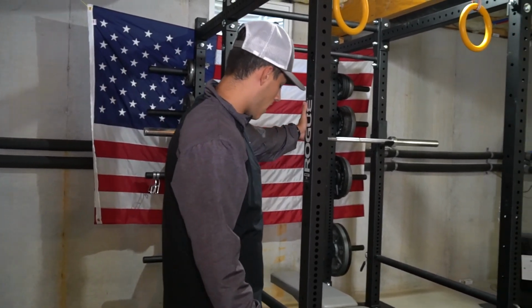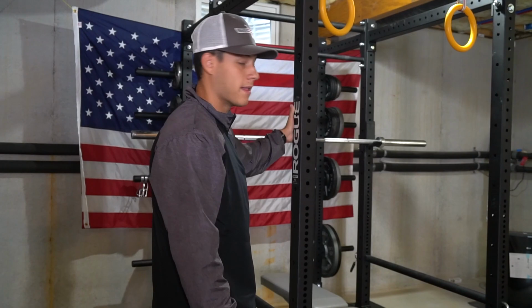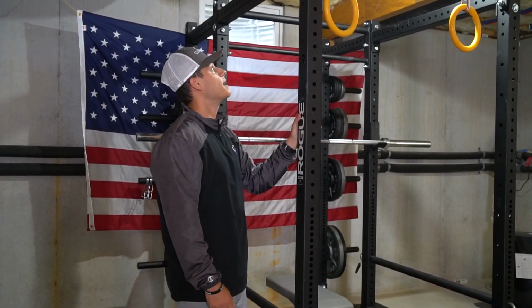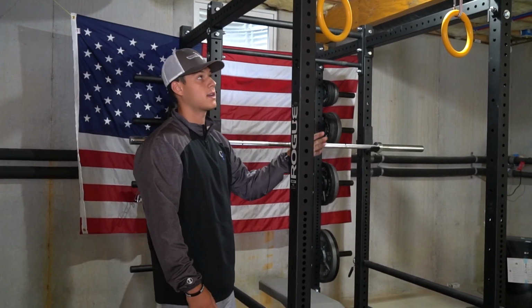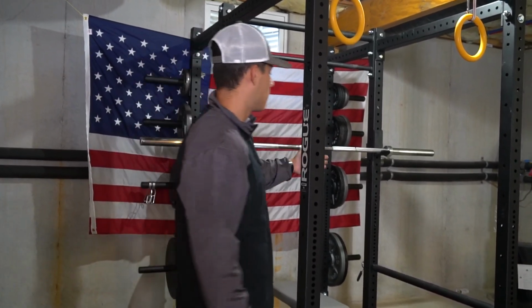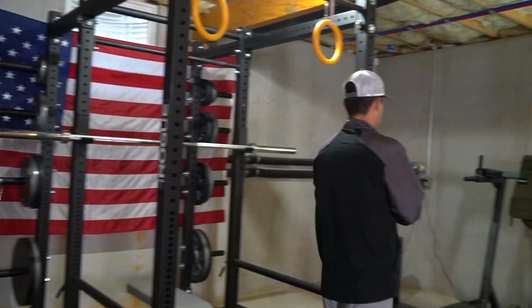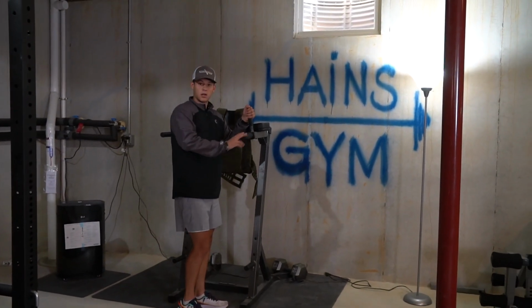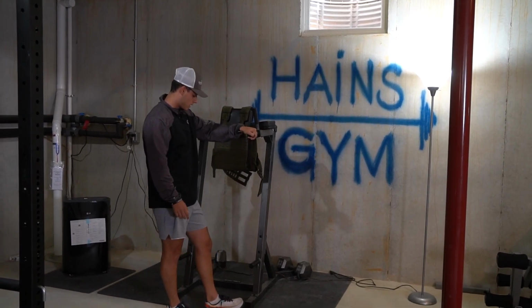Very durable, probably lasts me the rest of my life as long as I take care of it. And yeah, it was actually super simple to set up. It's just a bunch of bolts and lock nuts and all that stuff. So, my favorite. Next, we're going to be moving on to this piece of equipment I use for dips by